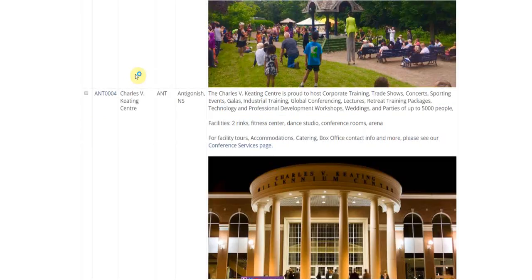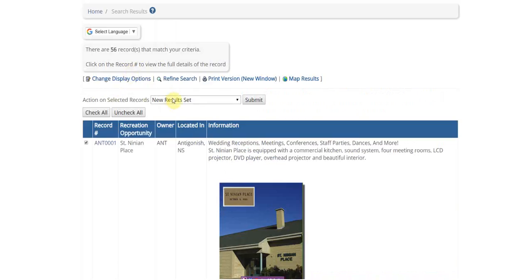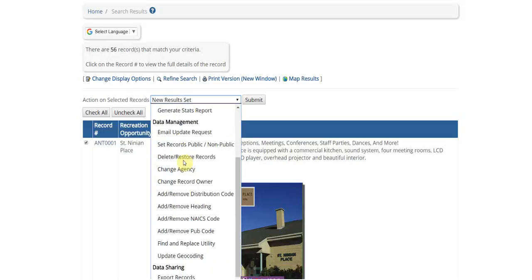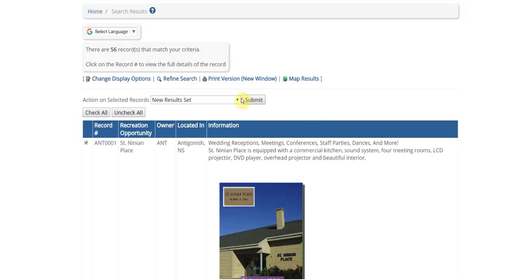So I'm going to scroll up now that I've selected a few records, and I can go to this drop-down menu here that says Action on Selected Records. So when I click that, there's all these options here. So I can send an email that has a list of just the records I've selected. I can print that list. I can send email updates to just those record holders of those records. You can make changes to the record like deleting or adding or removing publication codes and all sorts of different things. So then you click submit